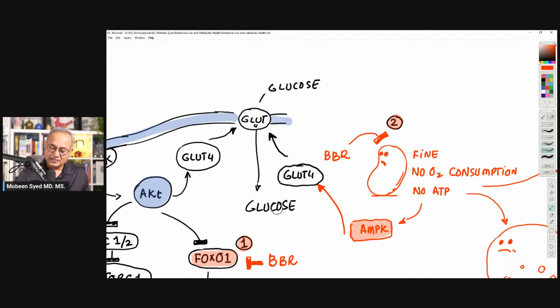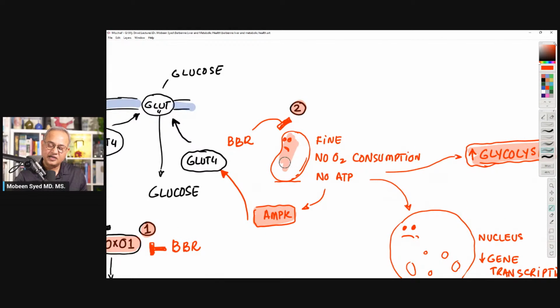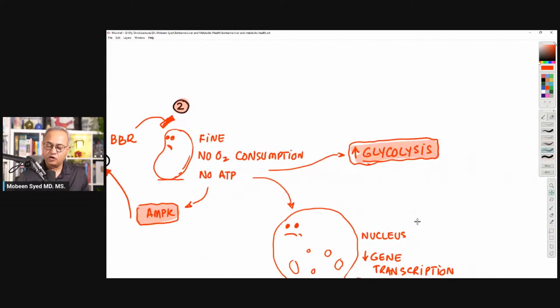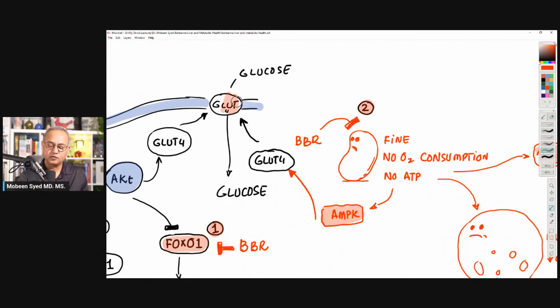Isn't this beautiful? So berberine, just by this little touch, has already caused the glycolysis and already expressed more glucose channels and already is enabling the cell to pick up more glucose, especially. So this is not just hepatic, this would be peripheral channels as well. Result: lower glucose in the environment. Hyperglycemia would start reducing. So do you see how many mechanisms are working together because of berberine to help with type 2 diabetes mellitus, or just the glucose levels that are increased? Okay, continuing.